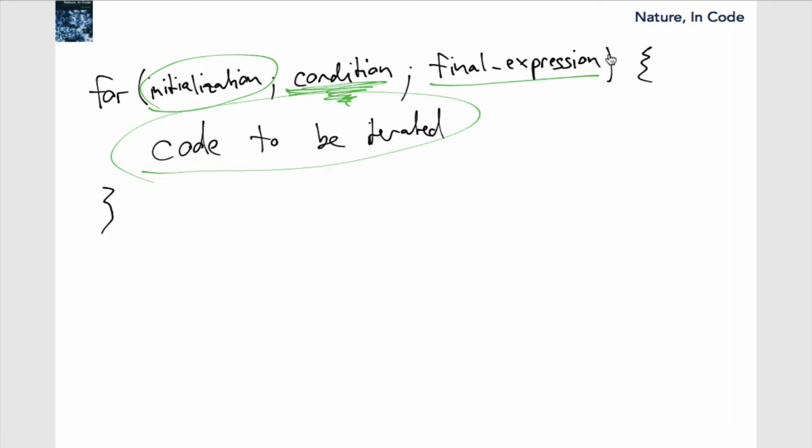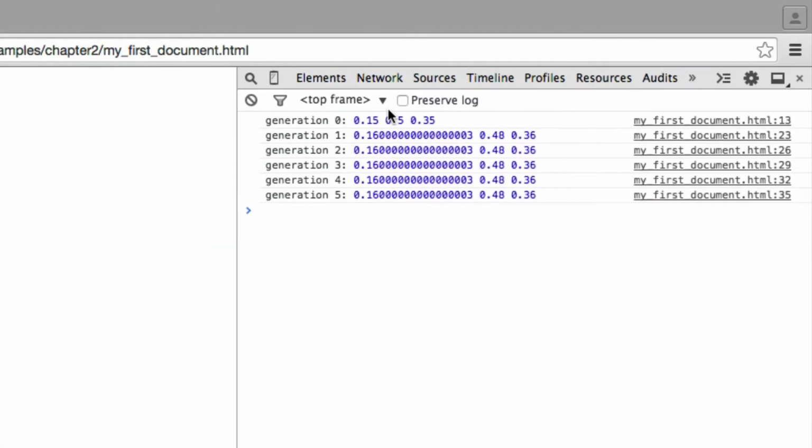Well, I can show you an example, and I'm actually going to do this in the JavaScript console here. So we could have a code that says for, and now here in parentheses, I would say the following. The initialization is going to simply initialize a variable that I'm going to call i, and I'm going to set it to 0. Semicolon. So that's the initialization. Then I'm going to say i is smaller than 10. That is the condition.